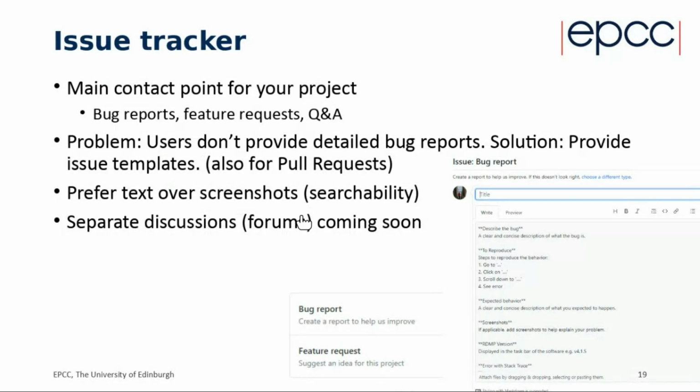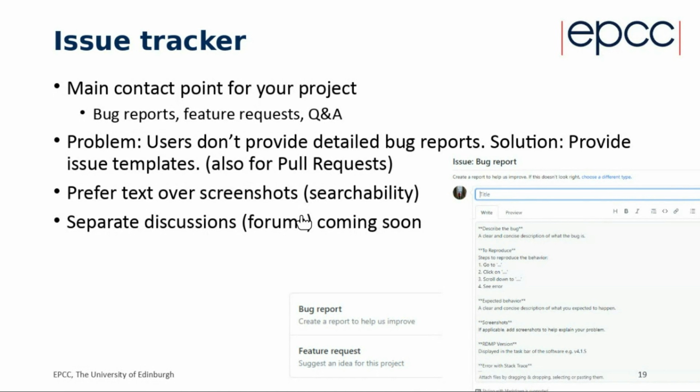Okay, so I mentioned the issue tracker before. This can be the main contact point for your project. Through the issue tracker, you will receive bug reports, feature requests, and potentially questions, and then you provide the answers. One of the main problems that happens generally is that users may report a bug, but they don't provide any actually useful information for you to help solve their problem. The solution to this, and I think it's one of my key points for today, is